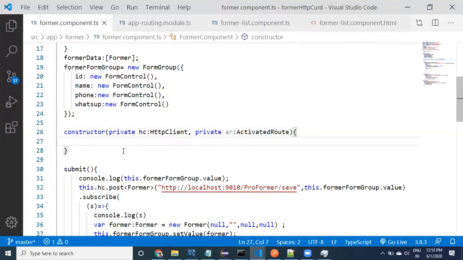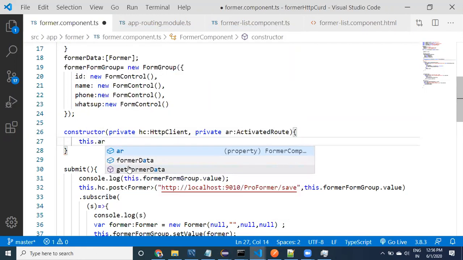This is going to be AR. All right, this will be like AR. Private AR dot, this dot AR. Within the constructor I am doing it.